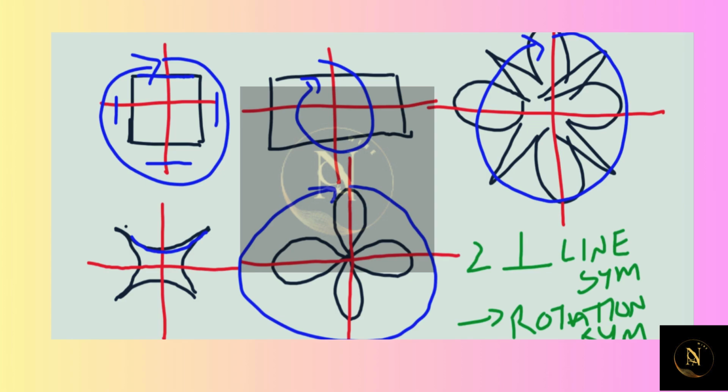So again, they asked us to draw several images that have perpendicular lines of symmetry, and then make a conjecture about what else they might have. And we would say that if they have perpendicular